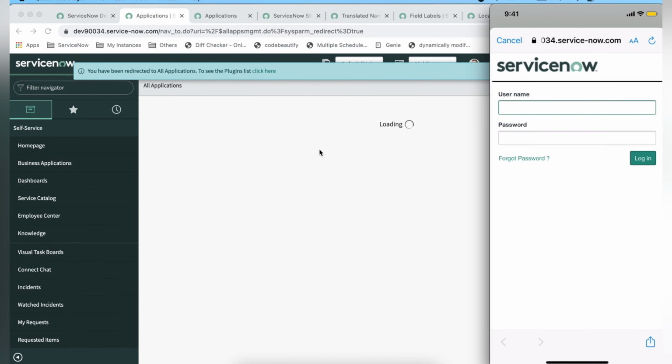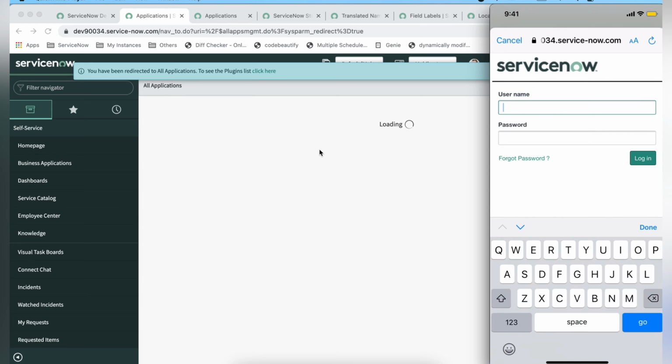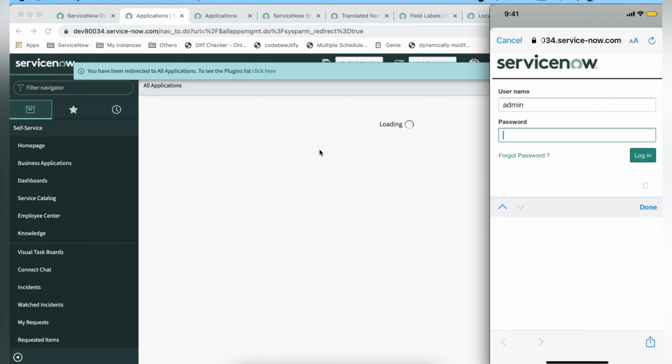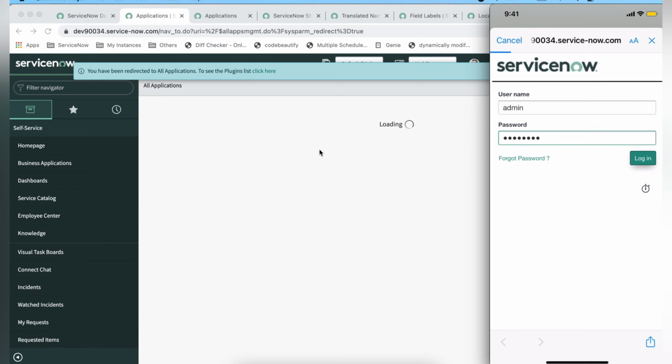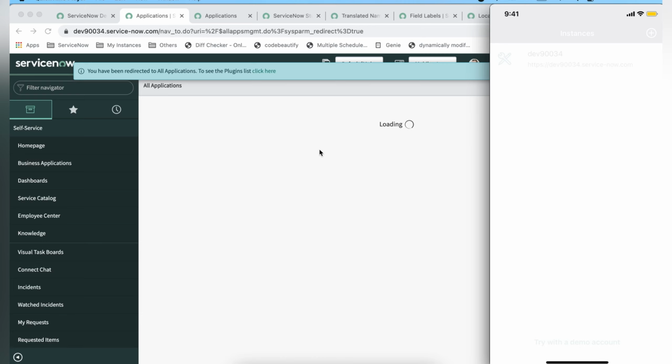Meanwhile, you can enable the language plugin. Yes, I am logged into my instance. I have already changed the language from English to French, so we will validate what gets changed to French.